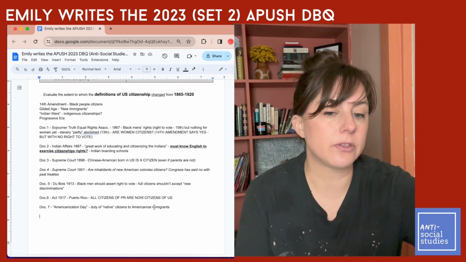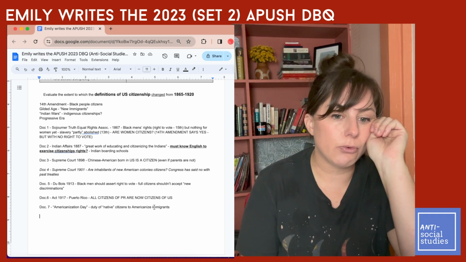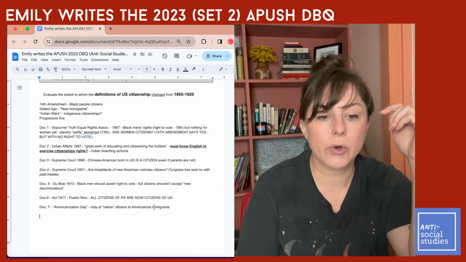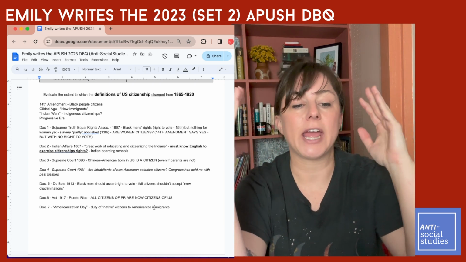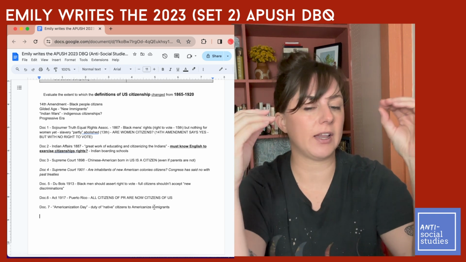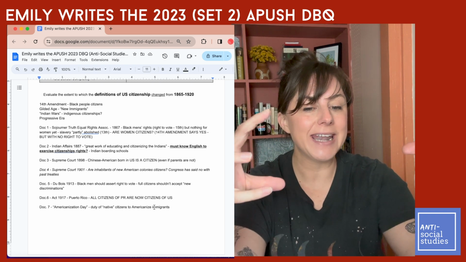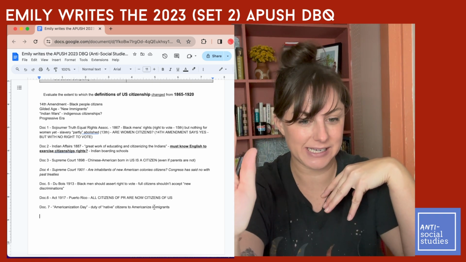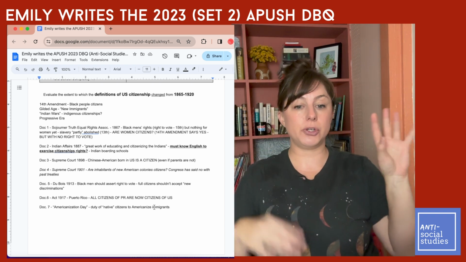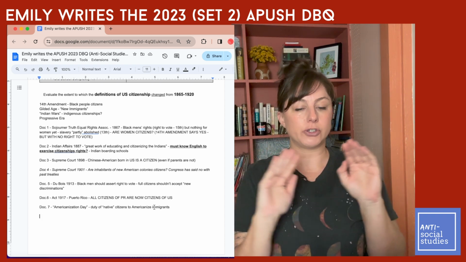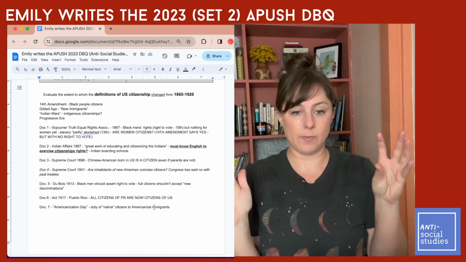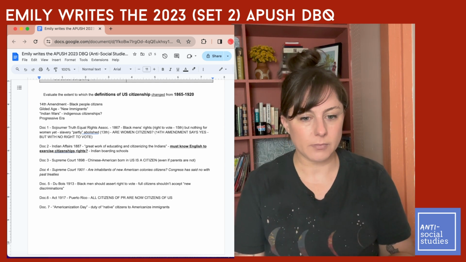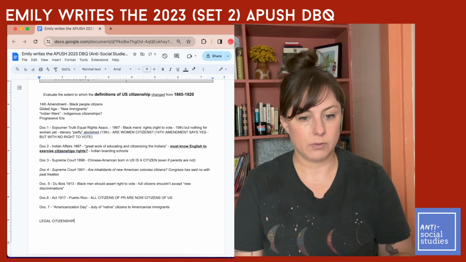So now what I'm going to think through is, do I see any that can be grouped together? And the answer is yes, I do. So again, I'm looking at this for the first time. I'm seeing laws that are declaring that all these people are citizens. But then I'm seeing documents that are going, but we're not actually being treated like citizens. So maybe in two paragraphs, I could talk about the contradiction between what the law, the Supreme Court, or the Constitution is saying versus what people are actually experiencing. So legal citizenship,